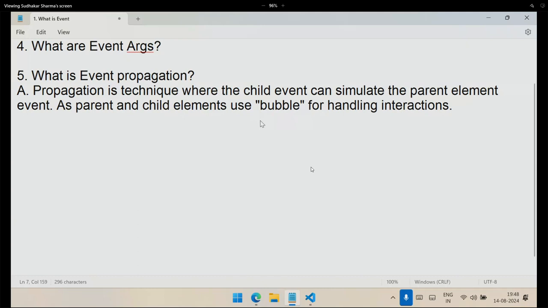So bubble is the concept here, but technically it doesn't have a bubbling concept. These are all general people's words. Technically, internally, it will not have a bubble option. It will have a concept of propagation. That means it propagates. That is called event propagation. Now the question is